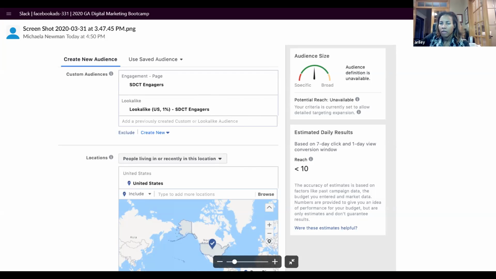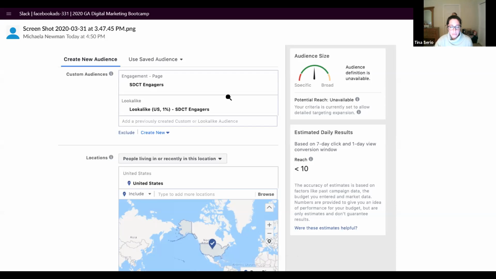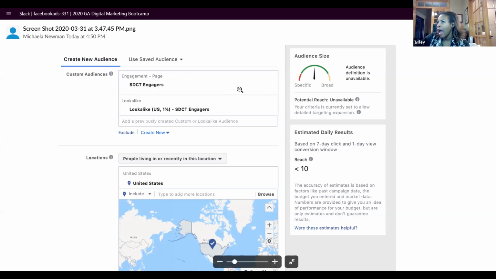Yes. Okay, if you hover over the very first one, I just don't have access to hers, but if you hover over that very first selection where it says engagement hyphen page, you should see an X to X out of it. Okay, so if you close it, I just have the lookalike. I don't have the engagement page.